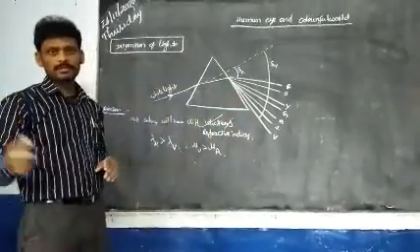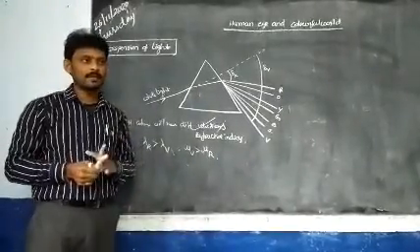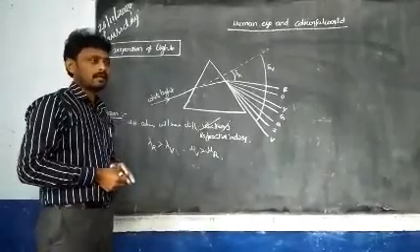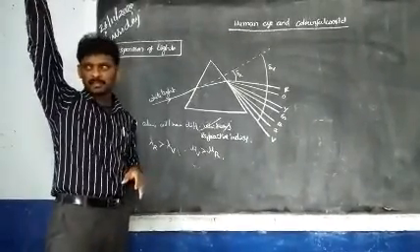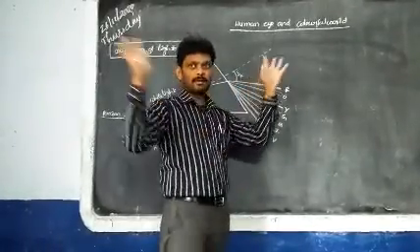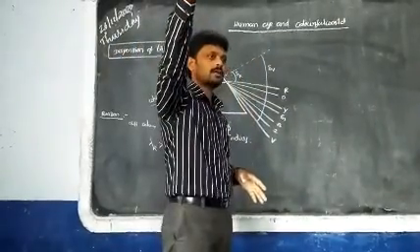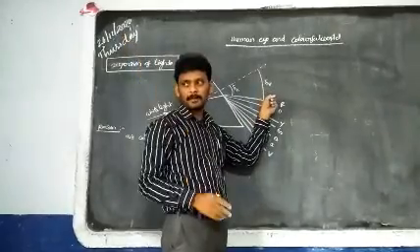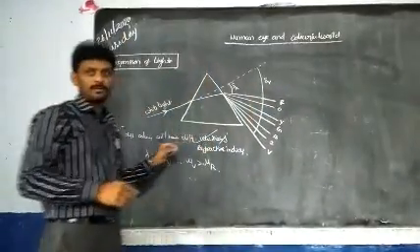There is one small, simple question. Why is red color used in danger signals? We know very well, in our daily life also we observe signals. Why are they using red color? Lambda is more. That means you can see the red color even at a long distance. Deviation is less. Even if fog is forming or any dust particles are coming, the light travels more or less straight. Compared to other colors, it is not bending as much. Understood? So that is why red color is suitable for danger signals.